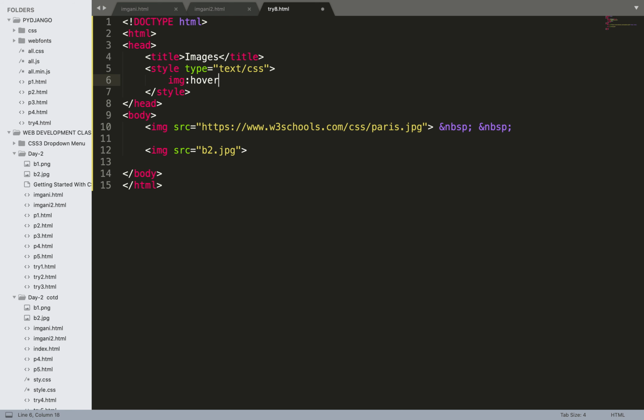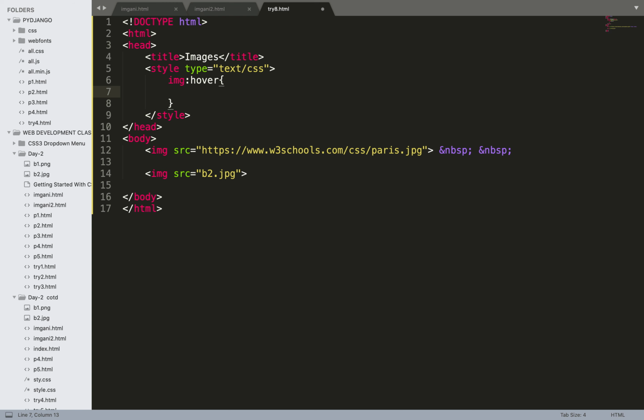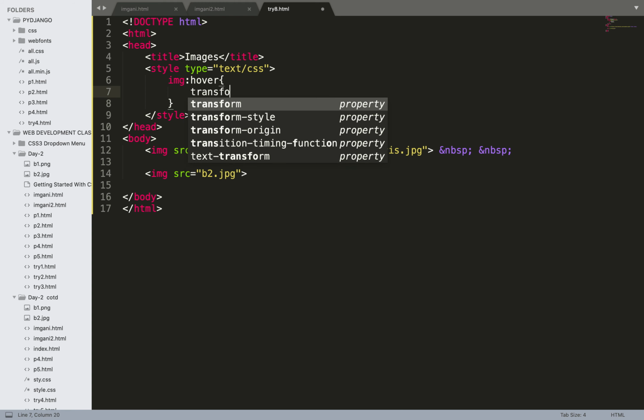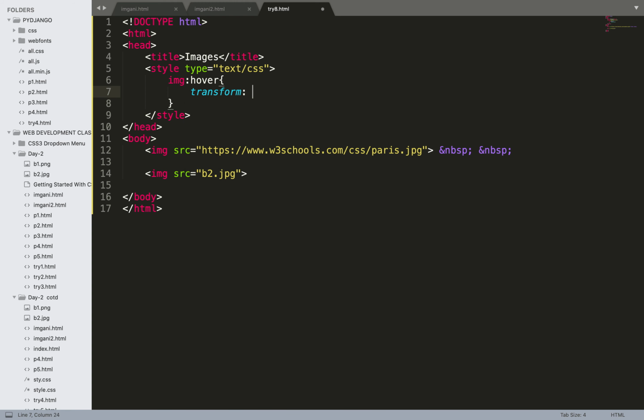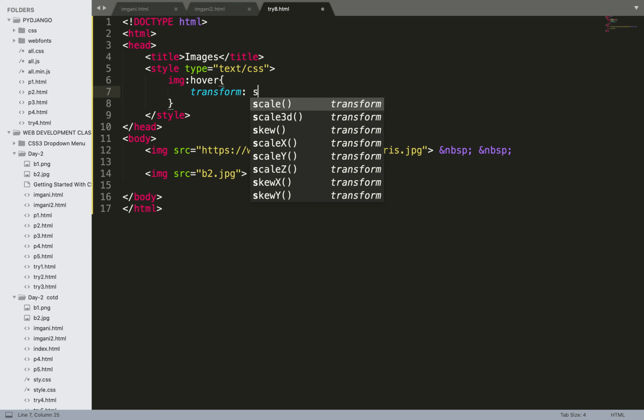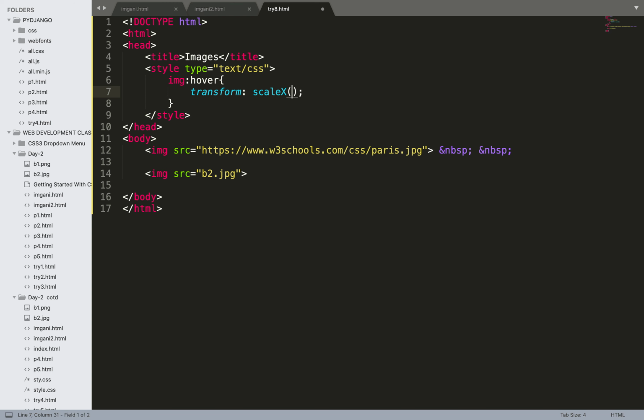Like when I move my mouse over that image, we will be adding some property. One of them is transform, and within transform I want to scale it on the x-axis, and I want to flip the image, so -1.